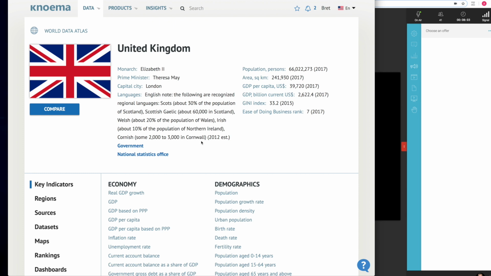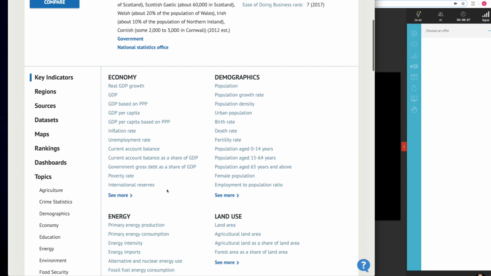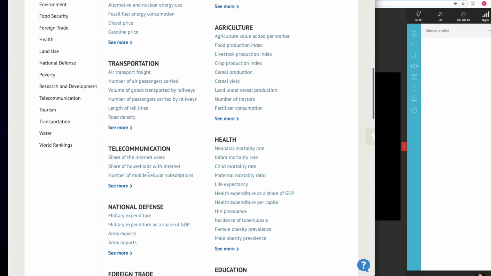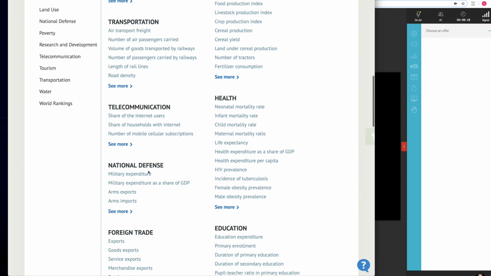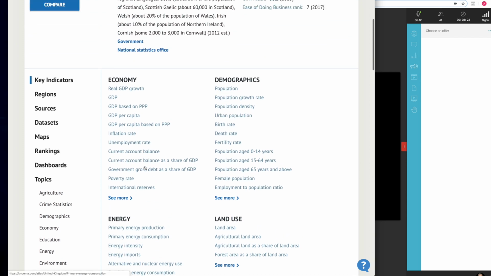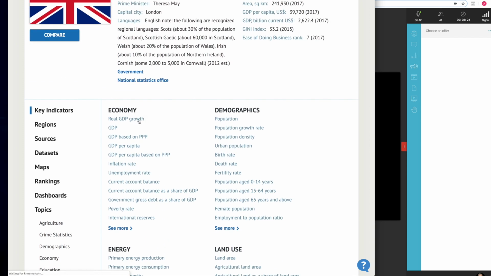What you'll find here is immediate access to basic country facts. So we've grouped together some of the most popular data indicators that we've observed over the last 7 years from among our users, whether economy or demographics, energy, land use. We've brought them all here together globally so that you can find information that might be relevant to your analysis on the fly. I can quickly check real GDP growth,